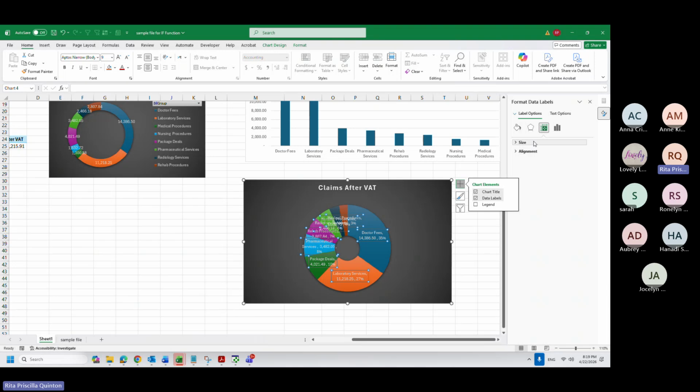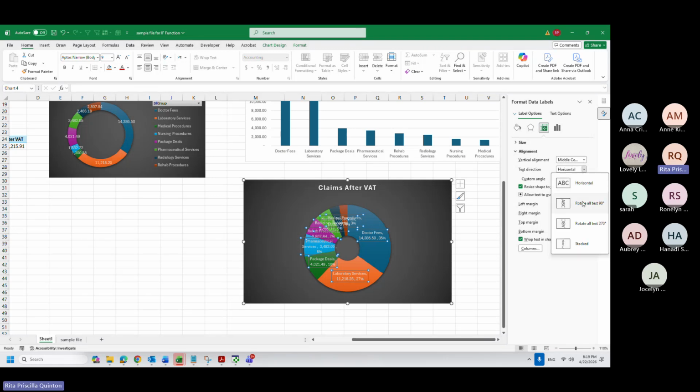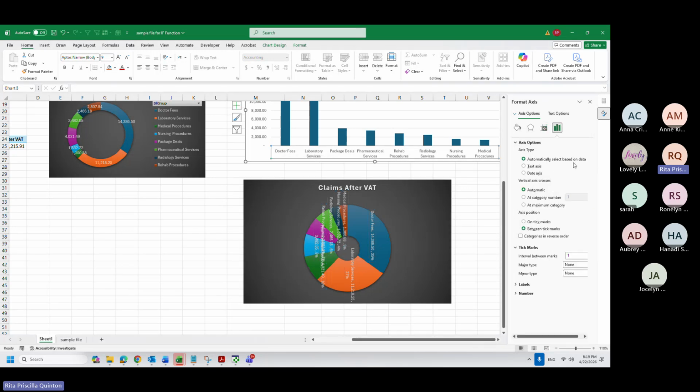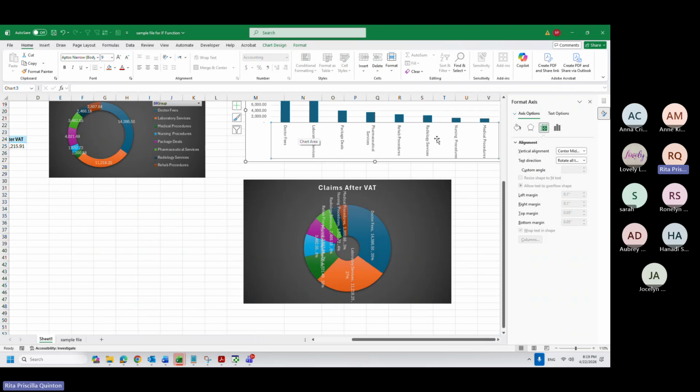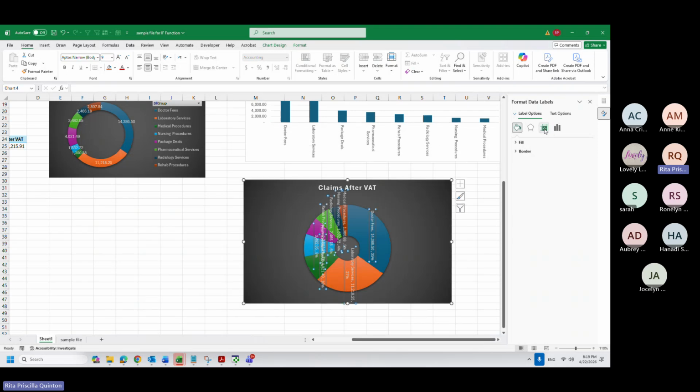Okay. We will go here. Label options. This one's fine. Number. Okay. This is the alignment. So, for example, I want my direction to be rotated like this. Usually this is used for here. So for example, I will use it here. Okay, I can do like this. For donut, of course, we only want it to be horizontal.